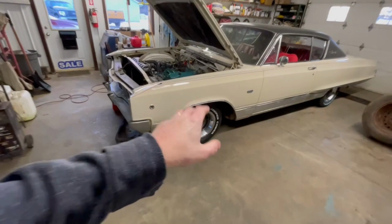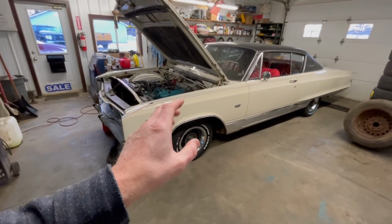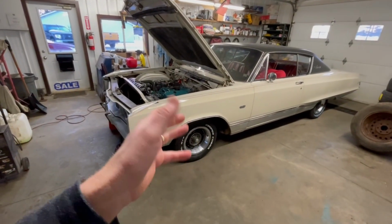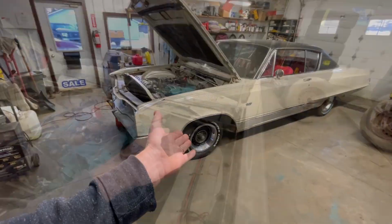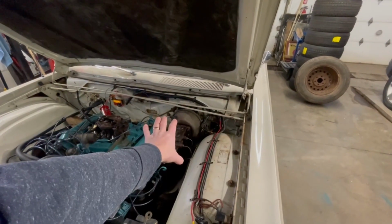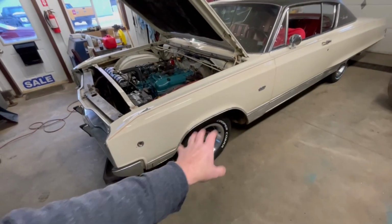Now, this is a four-wheel drum car, so that means we've got wheel cylinders all the way around. We don't know if they're leaking. We don't know if they're seized. We're going to have to get in there. But Tom is not taking anything to chance. He wants to replace everything up here anyway. Once we get the wheels off, then we can determine whether or not we need to be replacing wheel seals,